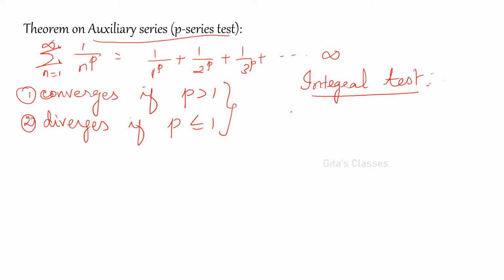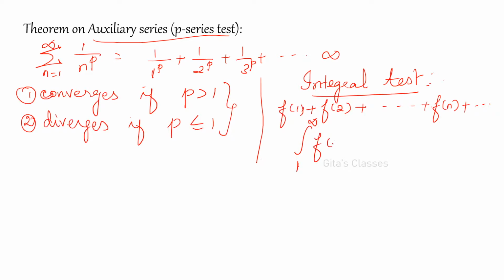Okay. So according to the integral test, a positive term series f(1) + f(2) + etc. The general term will be f(n) + etc. Like sigma u1, u2 also you can take, no problem. We are taking f(x) because integration will be easy for us, convenient for us, that's why. So f(n), where f(x) is a decreasing function, then the integral from 1 to infinity of f(x) dx